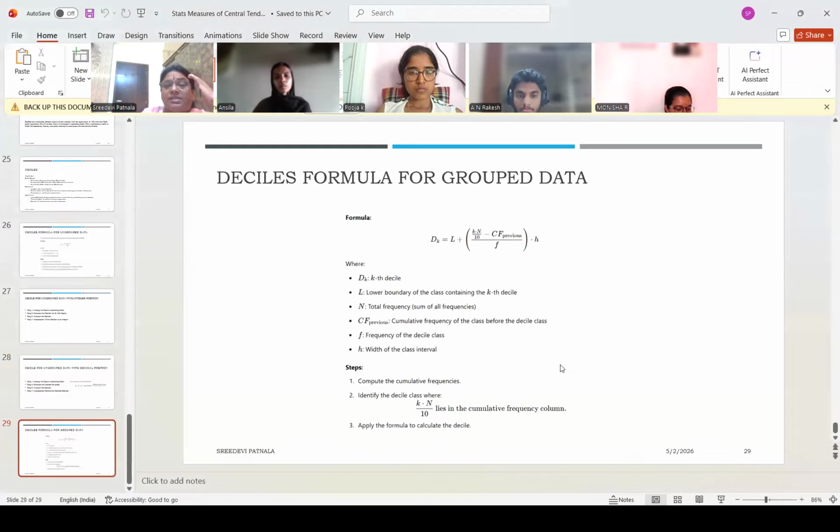Okay. Next, for grouped data, this is the formula: pk is equal to